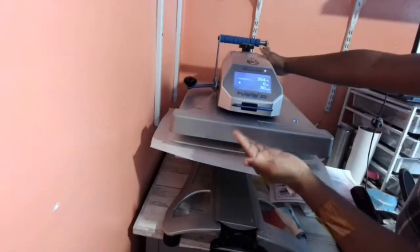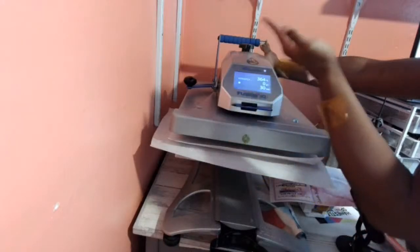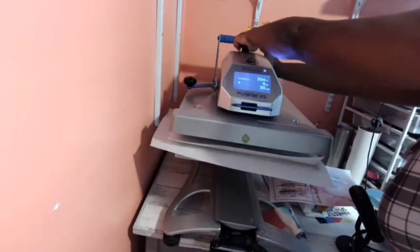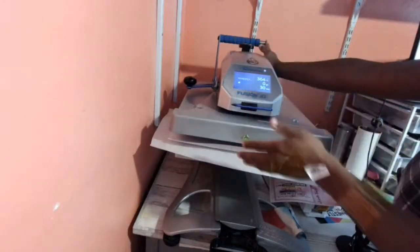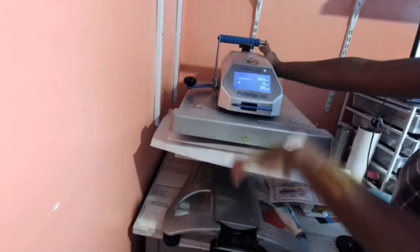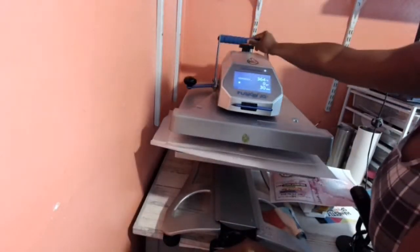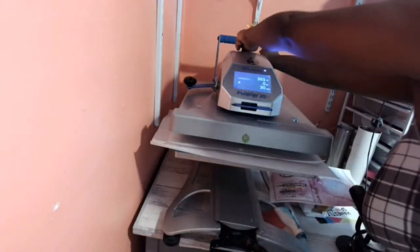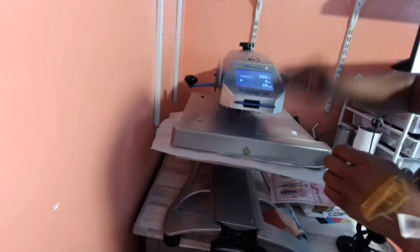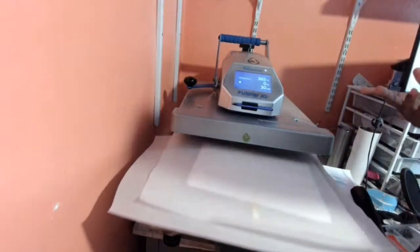For me, with my heat press, once I turn the knob, the entire top platen moves up. Other heat presses are different, where it's like an arm or something. But for me, my entire one moves up away from it. And that is going to decrease the pressure because it's not so close to the item. So I'm going to go like that. That's still a lot of pressure. And I have a pressing pillow underneath there, so I have to account for that also. Okay, so that's not bad. It's a 4, but anything higher, I have a pressing pillow, so it's not going to,